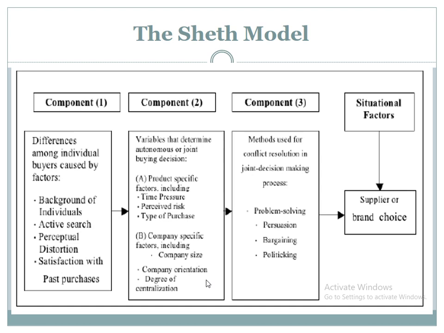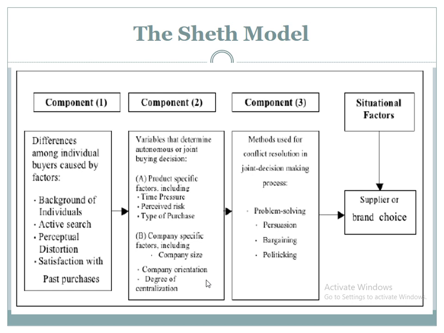So in this figure you can see that it includes three components: component 1, component 2, and component 3. It includes three components, and then satisfaction factors, which determine the choice of a supplier or a brand in the buying decision making process in the organization. Here the source is Jagdish Sheth, again Journal of Marketing in 1973, and the title of this paper was Model of Industrial Buying Behavior.